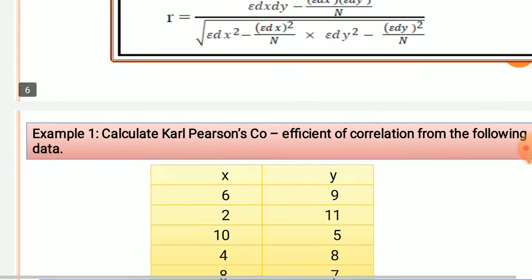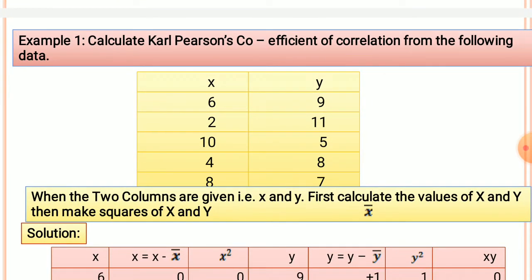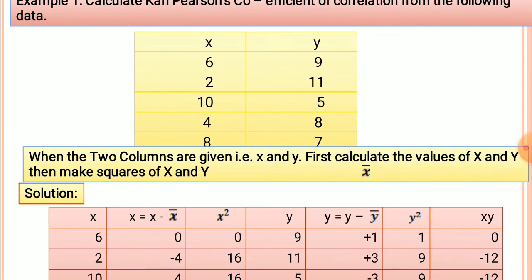Now take the first problem to calculate Karl Pearson's coefficient of correlation from the following data. So this example will explain how to calculate Karl Pearson's coefficient of correlation. And here two columns are given, means two variables are given, x is one variable and y is another variable, and here we have to take